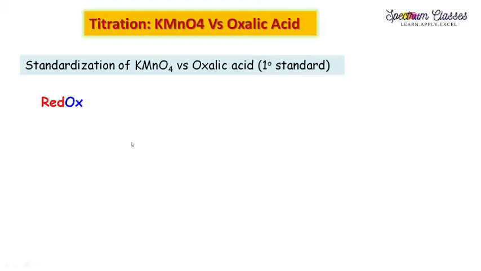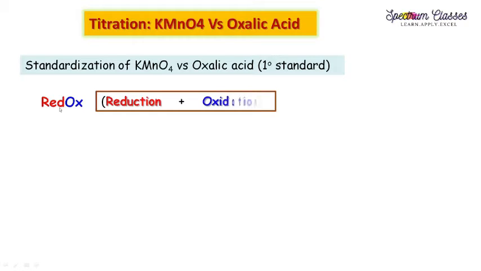Which kind of titration is this? This is a redox kind of titration. Why have I chosen the red and blue color to write this term? This is composed of two different terms actually, that is why I'll use these red and blue colors. Here RED stands for reduction plus OX stands for oxidation. So what is called reduction and what is called oxidation? More importantly, these two reactions go simultaneously. No single reaction occurs in any of the reactions.